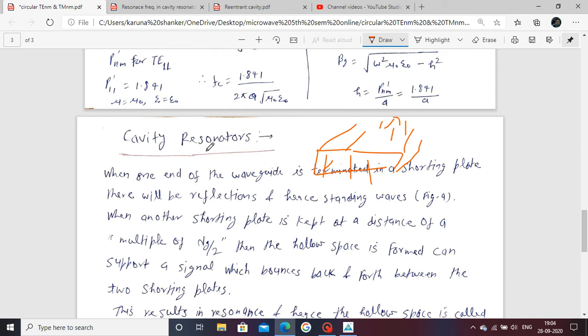And resonator means that when a particular frequency resonates, meaning a particular frequency is produced or tuned, that is called resonance, as in a resonator. A cavity is the formation of a hollow space in closed form. Resonance means a particular frequency is produced or tuned by the cavity. One of the best examples is the frequency meter, which is a circular cavity resonator.